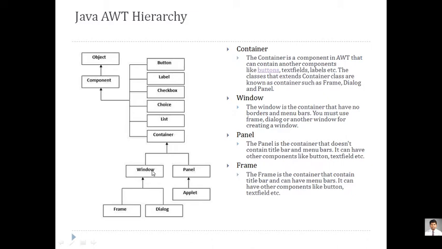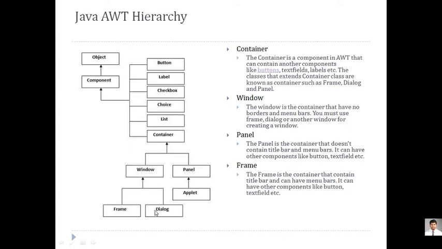Now, for a Windows application, there is a window in which you can place all these components into this frame. And as far as the hierarchy is concerned, we have to use the Frame class. We don't use Container directly because this is abstract. Window, this is abstract. Now, basically, the Frame class is used for adding all elements like button, label, checkbox, choice, and the list. All are being added into this frame.